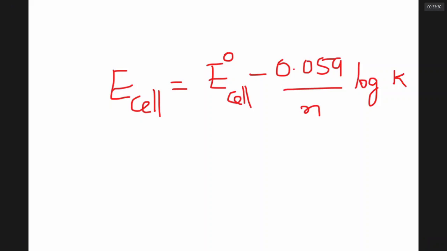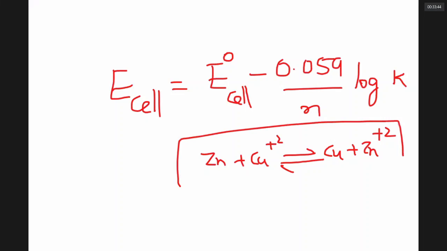Equilibrium constant means in a cell, when zinc is reacting with copper 2+, you are getting copper plus Zn2+. When the cell is dead, the speed of the forward reaction will be equal to the speed of the backward reaction. When the cell is dead, E cell is equal to 0. Therefore, when the cell is dead,